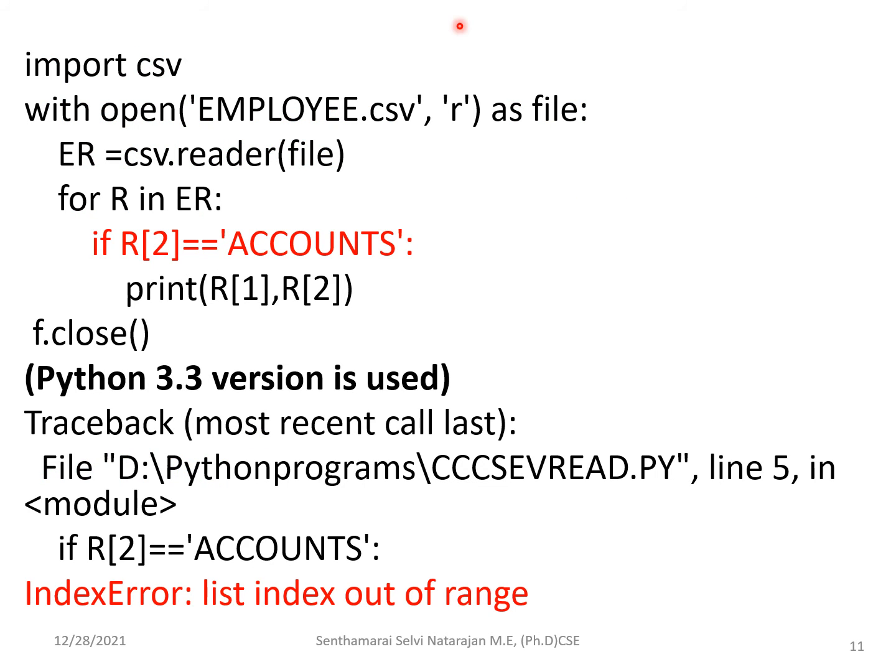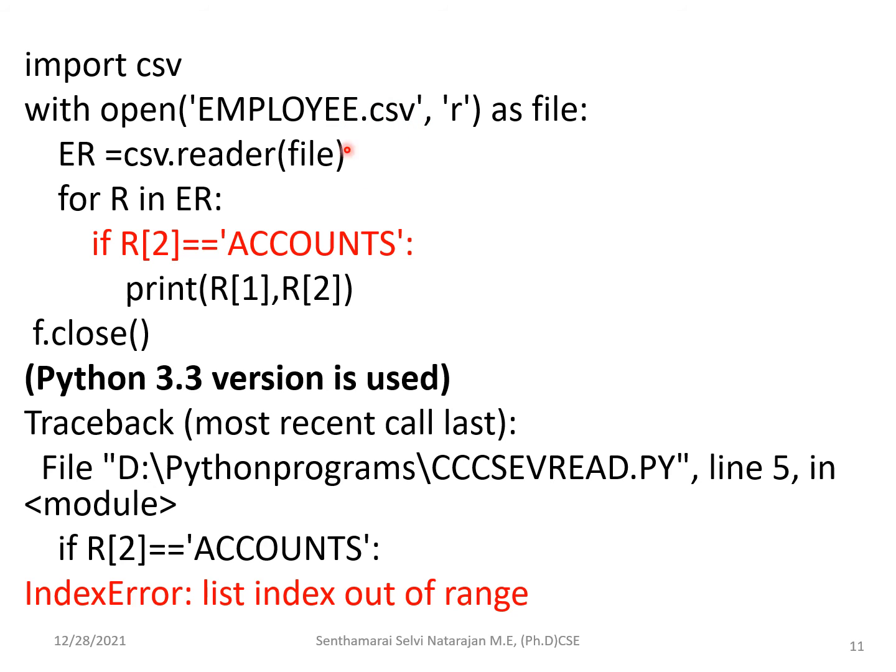So this is the correct option for this question. You see here we have corrected according to the codes given, that is according to the options given in the question paper. You see import CSV, this is the first statement corrected, and with the second statement even the newline will give an error, so I have deleted that. And next is ER is equal to CSV.reader of file. Here for R in ER, if R of 2 is equal to, because this is the thing they have given as an option, so for this question and for this question you have to give the marks, both of them.